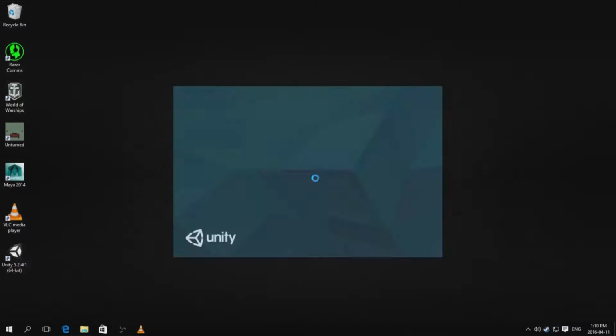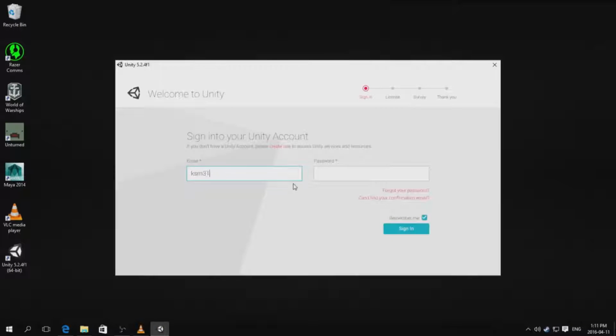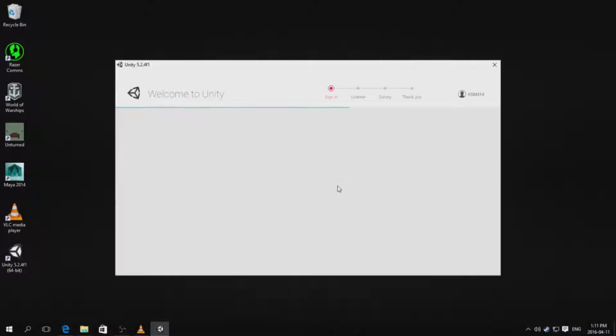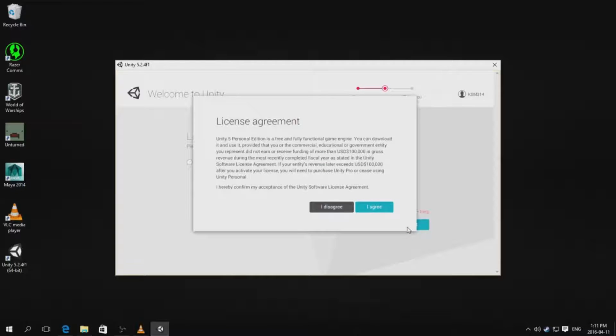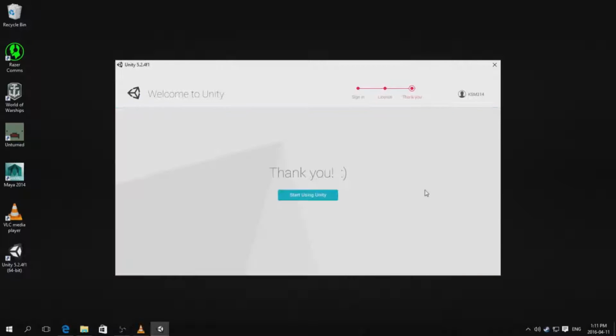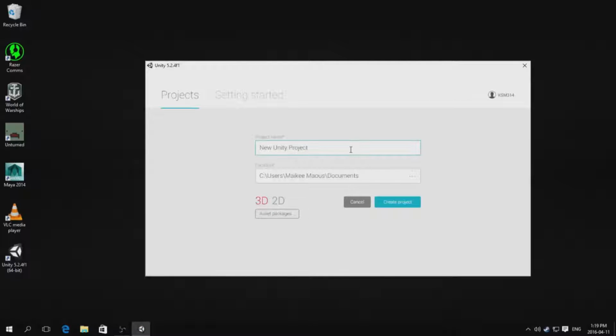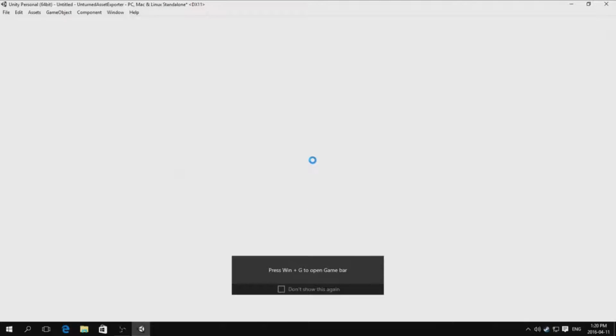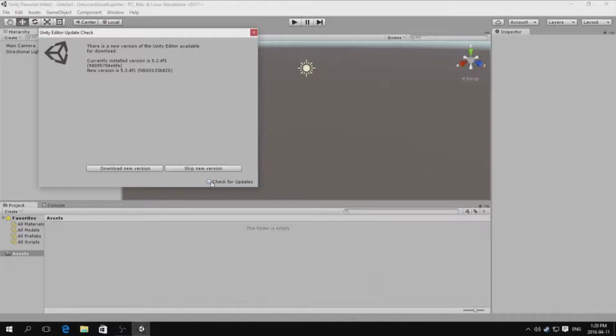After Unity is installed, create a new project. If you run Unity for the first time, you will need to sign in with a Unity account. Create one if you have not, it's simple. Unless you have a Unity professional license, just go for the personal edition. This project file will be used in the future to create Unturned assets. Any name for the project folder is fine. There is no need to import any standard assets for this project.